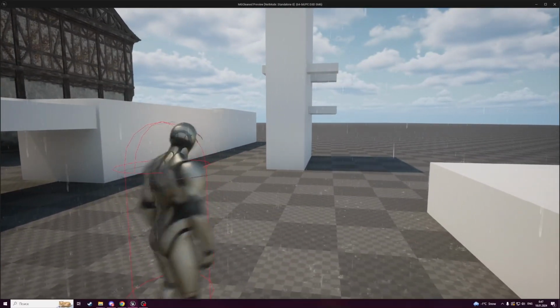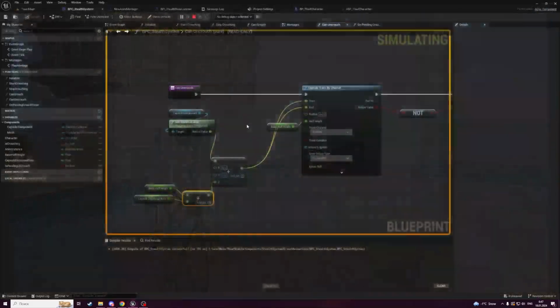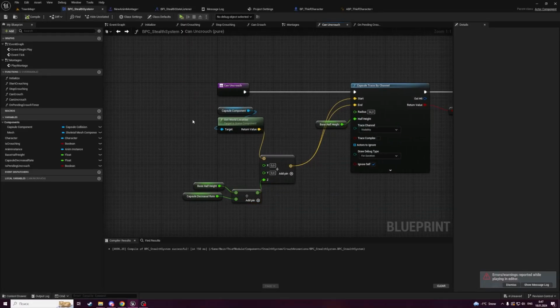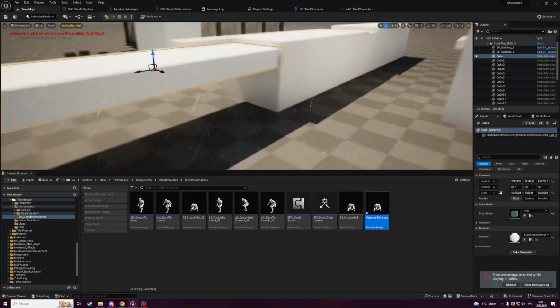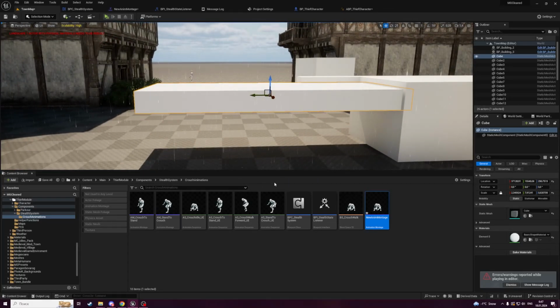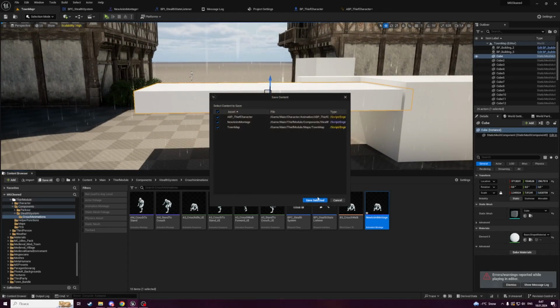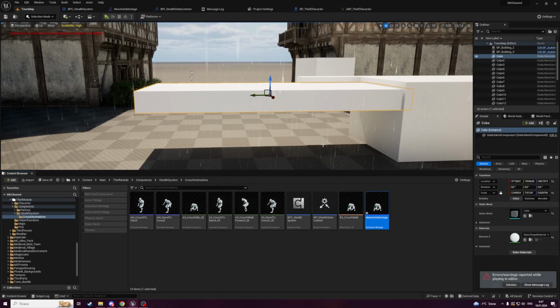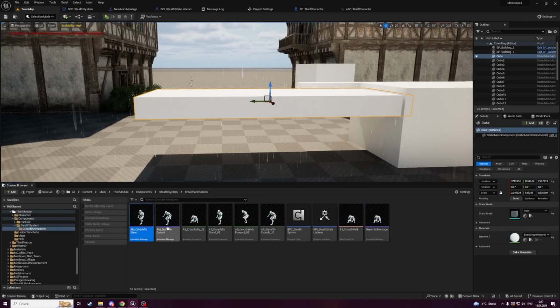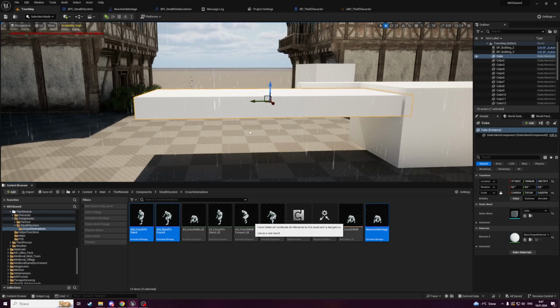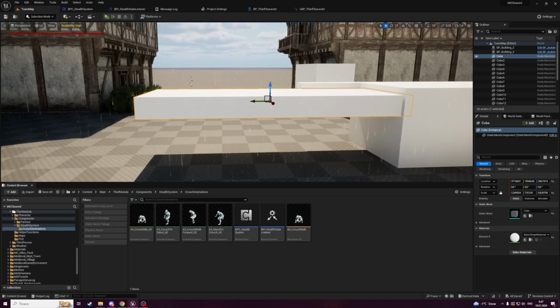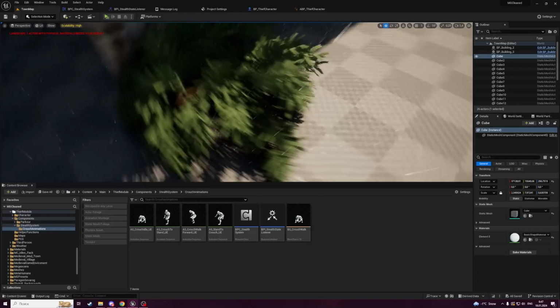It matches a capsule of a standing character, so it should look like this. Now we can disable draw debug type, and now we are able to work under some surfaces and stand up when it is needed. Let's save everything, and maybe I will delete the montages, I think that we don't need them anymore. Well, the next thing that we have to do, I want to make this